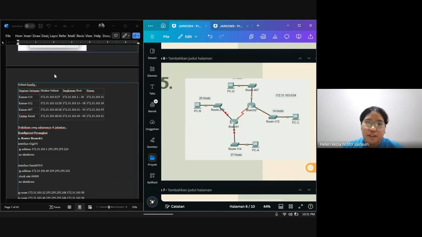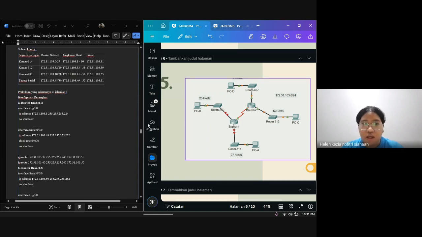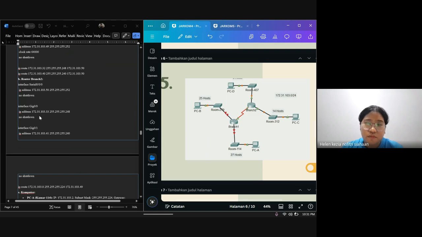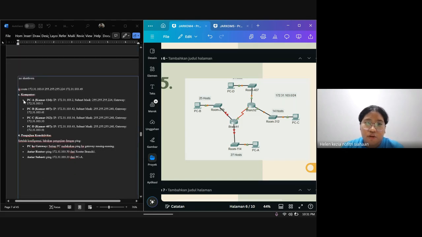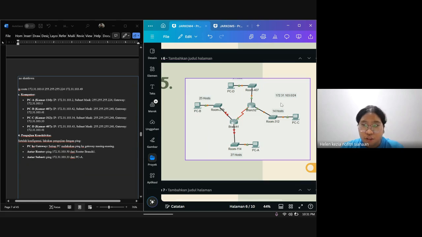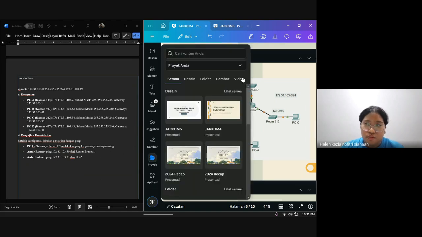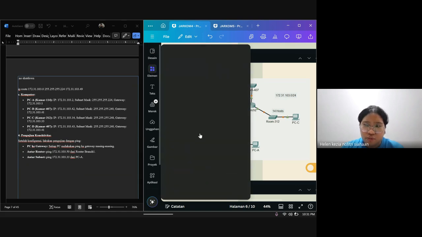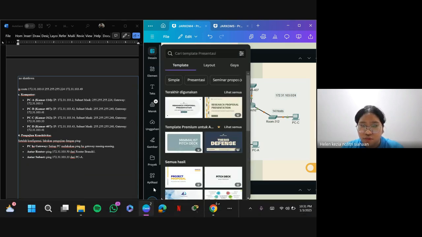After doing it, we can access the router. It was the branch one. After the branch one, we do some configuration. Then to the branch two. After it, we can do some configuration at the computer and we can use some ping.